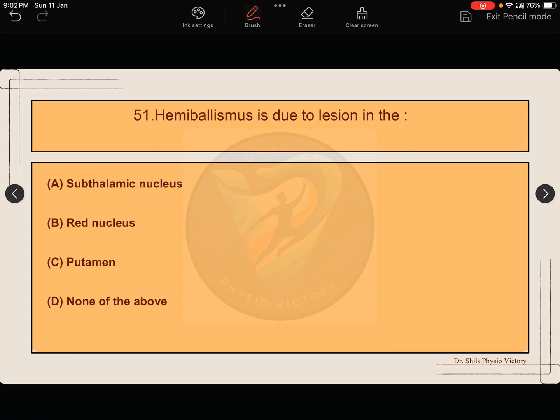Today's first question is: hemiballismus is due to lesion in option A, subthalamic nucleus, option B, red nucleus, option C, putamen, and option D, none of the above. Here, the correct answer is option A, subthalamic nucleus, because the subthalamic nucleus controls